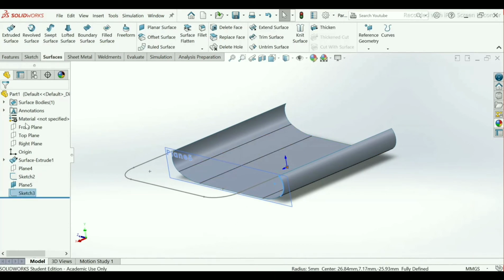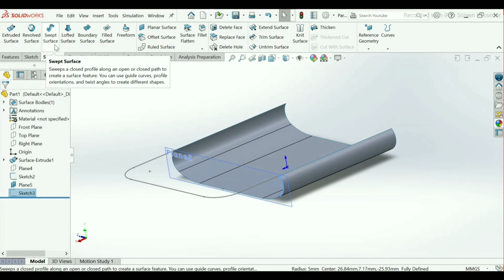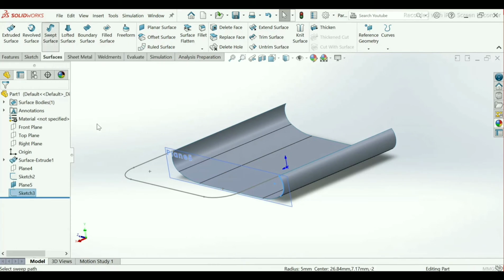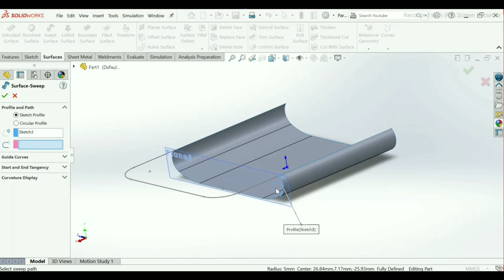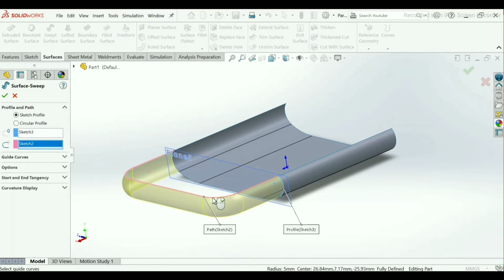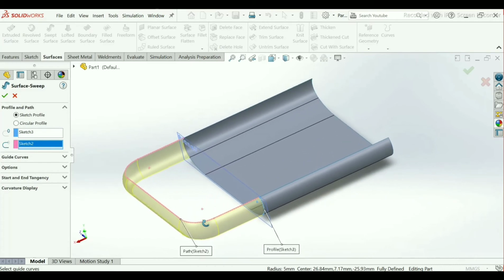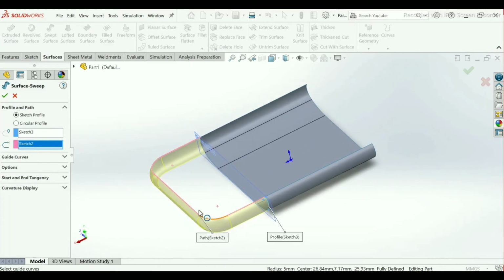This time I will go to surfaces, select swept surface. See, our arc is selected as sketch. Now path I will choose these lines. Our surface is created, swept surface.